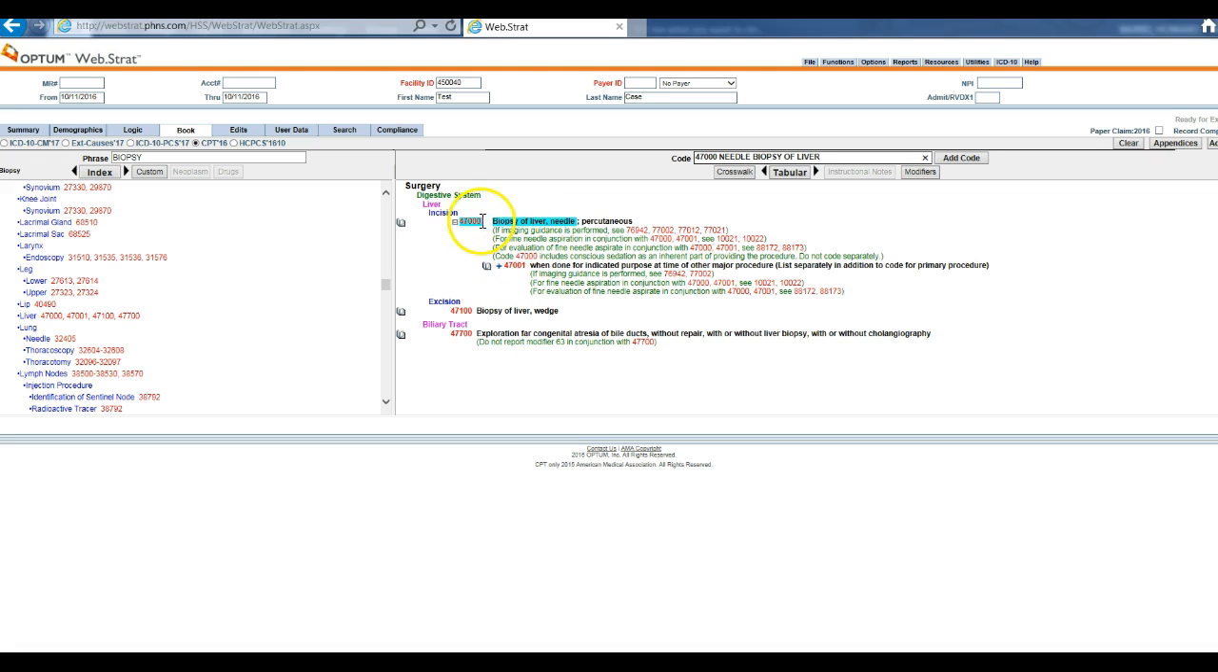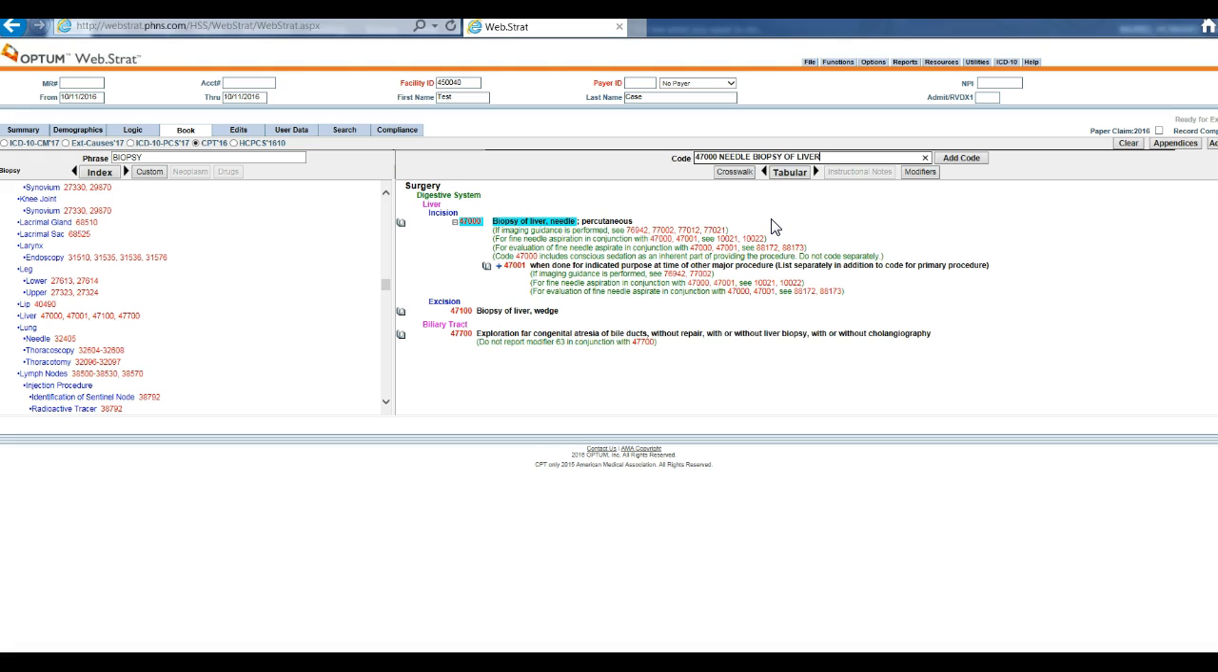But in this scenario, we have this one code here, and it's giving us some parenthetical notes here. It's telling us that if imaging guidance is performed, that's why it's important to use your notes. If imaging guidance is performed, then you need to reference these code ranges as well. So this is the code for the main procedure, and this is your code range that you need to research for your imaging guidance. Was imaging guidance performed today? Yes, it was, because it was a CT